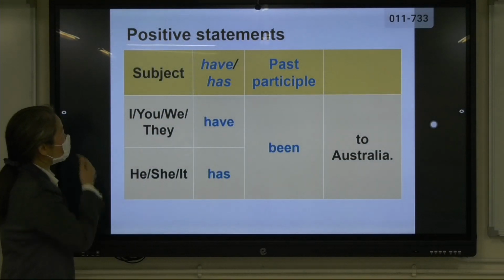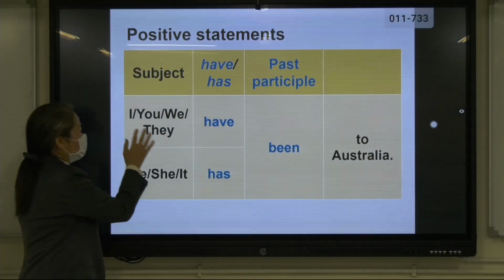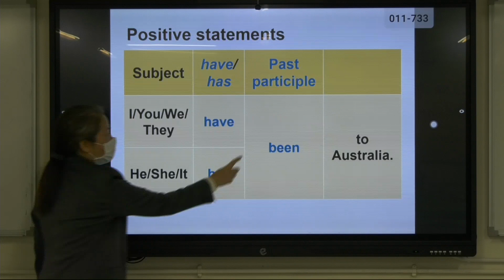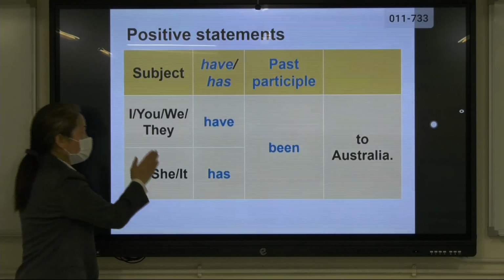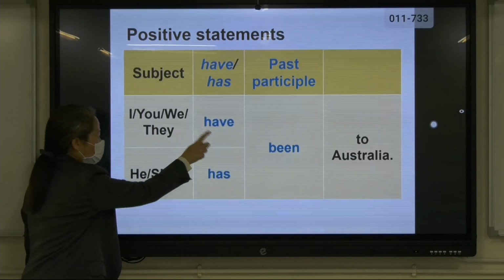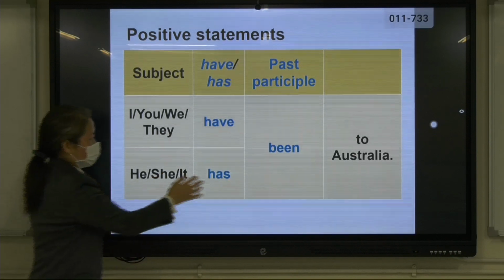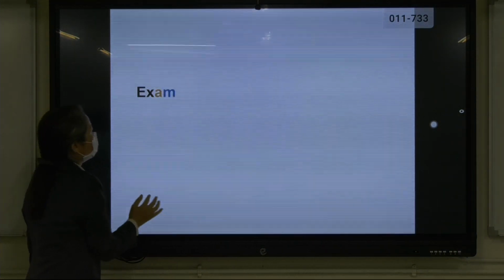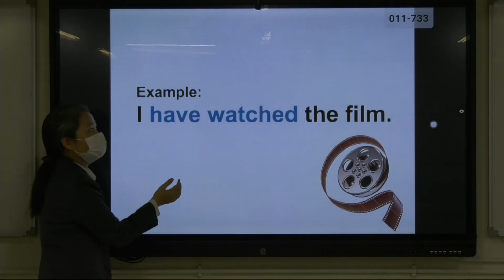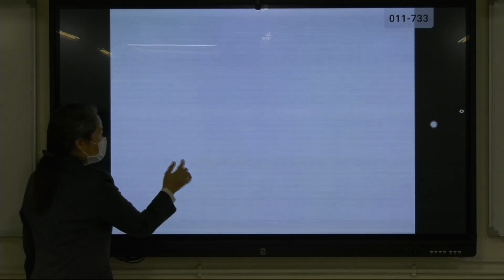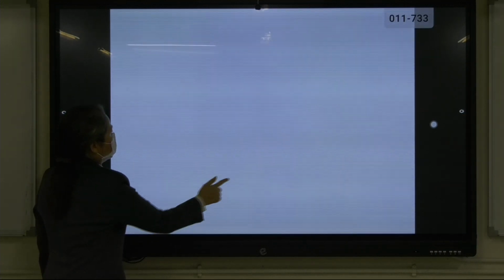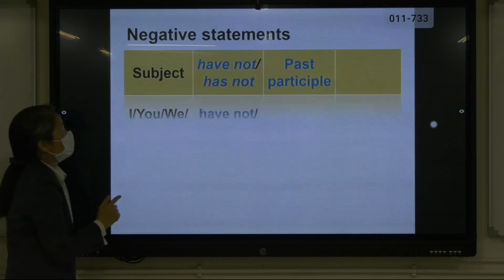We can form positive statements by using have or has, and then past participle. Usually we put the subjects at the beginning. I, we, you, they, have. He, she, it, has. Okay. For example, I have watched the film. 我睇過套戲。